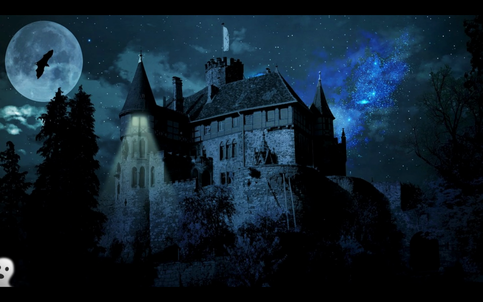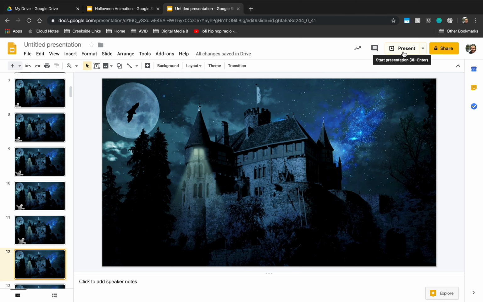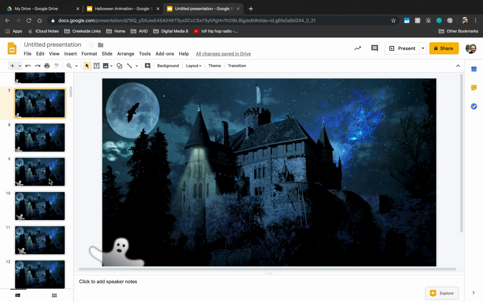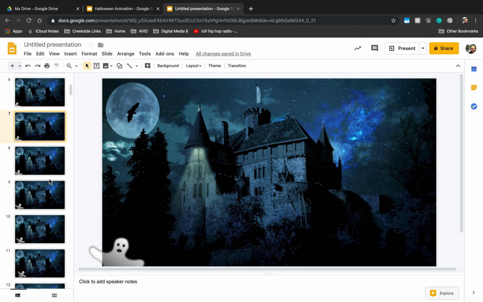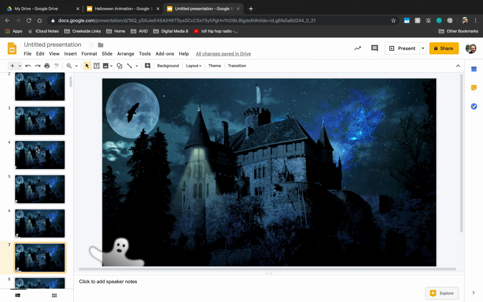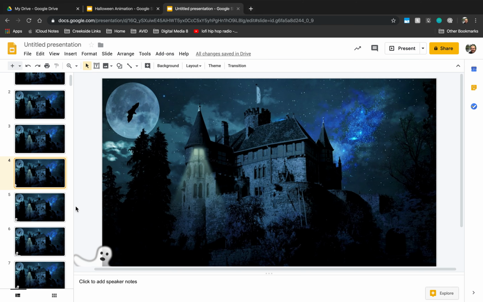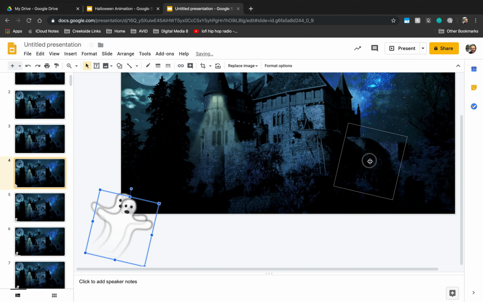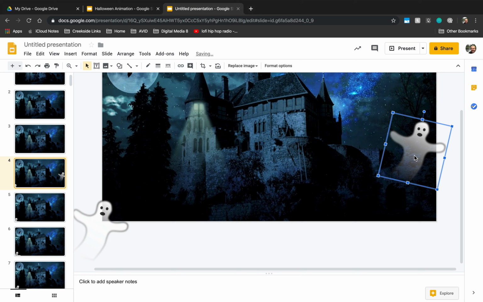So it wasn't much, but you can see my little ghost guy just start to fly in, and he's going to fly around on the screen a little bit. I didn't do this in my other video, but I could make dueling ghosts and maybe add in a ghost coming in from the other side, like maybe I can flip him over this way,